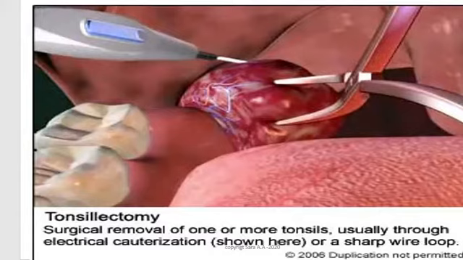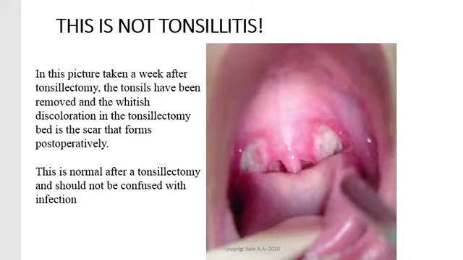Here we can see the view after the tonsillectomy, the white patch in the arch. In this picture taken a week after tonsillectomy, the tonsils have been removed and the whitish discoloration in the tonsillectomy bed is the scar tissue which forms postoperatively.